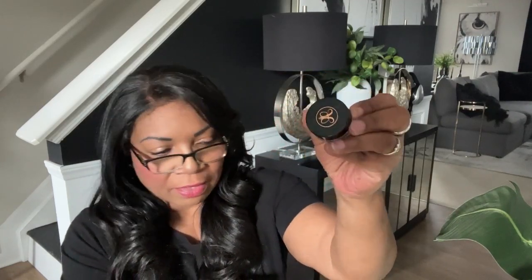So I've been doing my brows this way since I started wearing makeup at what, 14, 15 years old. So I've never changed my makeup style since. So, you know, I thought it was time to try something a little different. So I was very excited to try out this. I'll keep you posted on how this does. And then the next thing that I picked out,